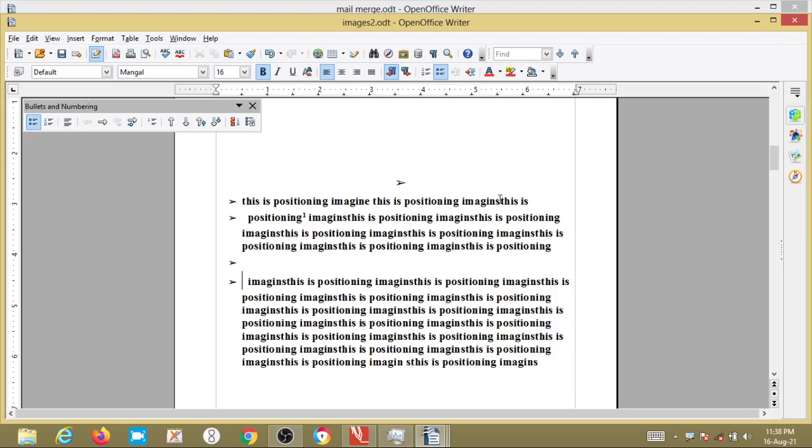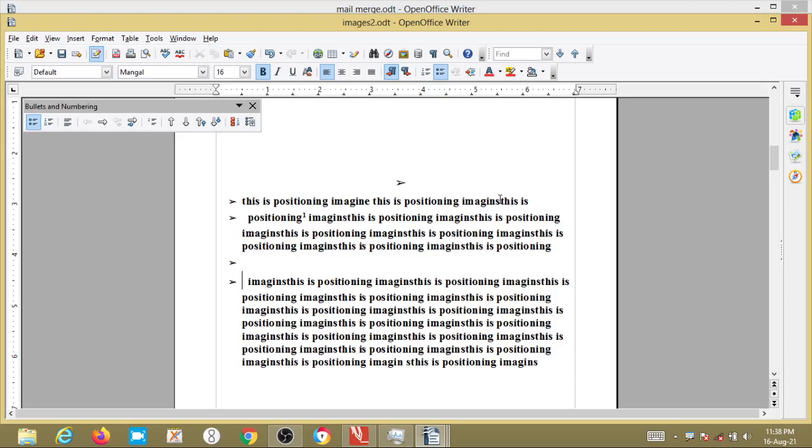So what is a bullet? If I say bullet, what is it? It is a dot or any other symbol that is placed before the text, such as when you write sentences or items in a list. Those we call bullets, where you create bulleted and numbered lists by adding tabs, or multi-level bullets or numbering can also be set in that bullet and numbering. Next, this was about text formatting. Now we will go to paragraph formatting.